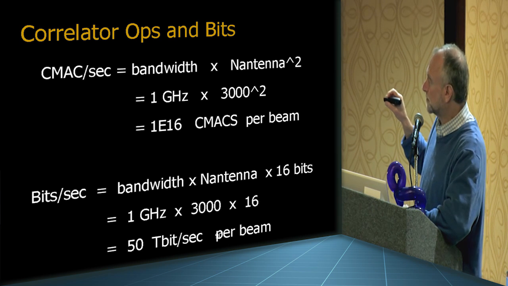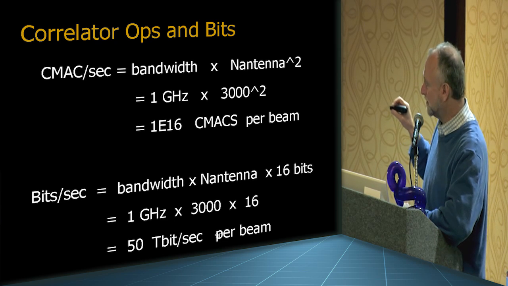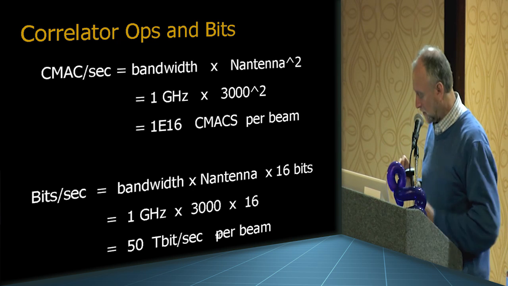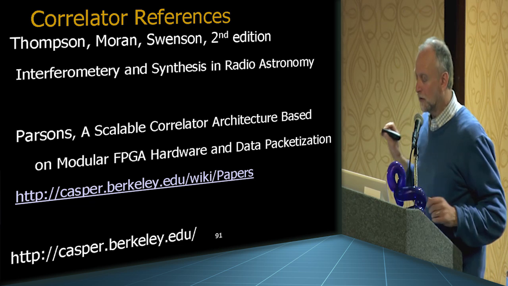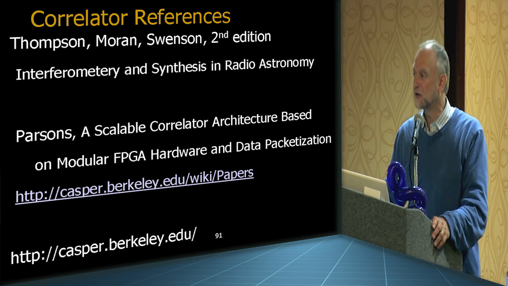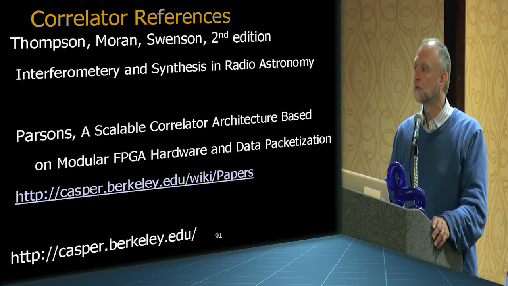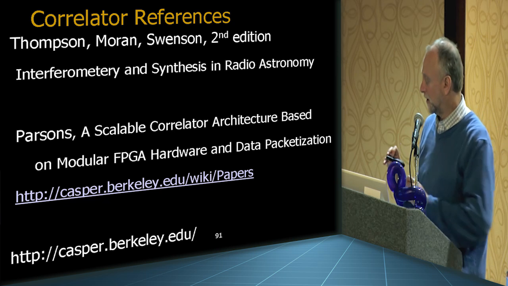Although some of these telescopes now we want to analyze quite a bit more bandwidth. And this is per beam, and sometimes we have 100 beams. So the data rates can get up to petabits. By the way, these telescopes are really limited by computing. If you can give us higher data rates and more computing, we can survey the sky faster and have a better chance of finding ET.